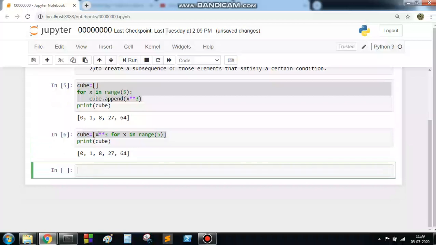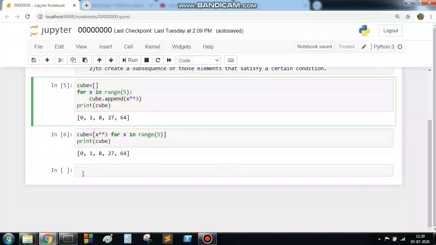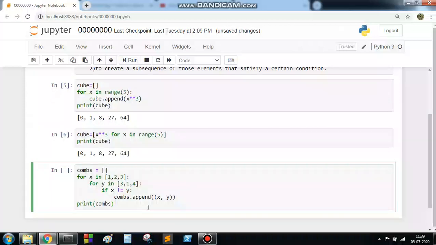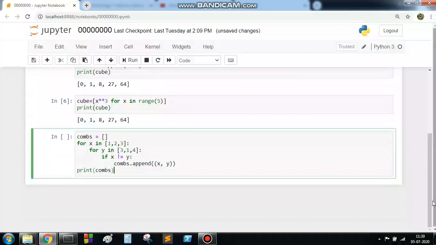Let's go for another example. Suppose this is the example. Here a for loop will run for 1, 2, 3, three times. Inside this, for each element it will run another 3 times.